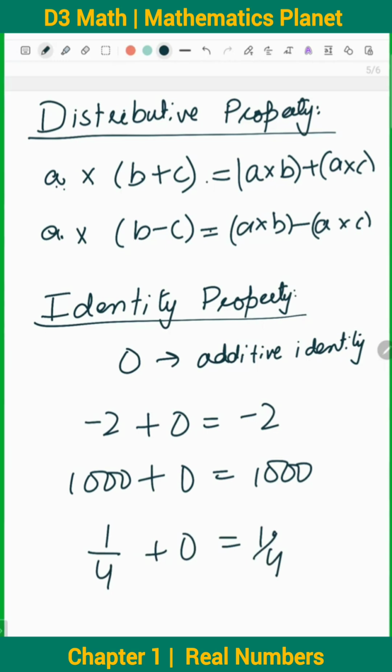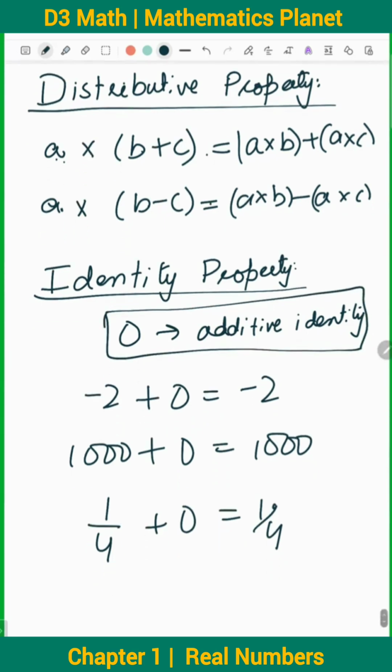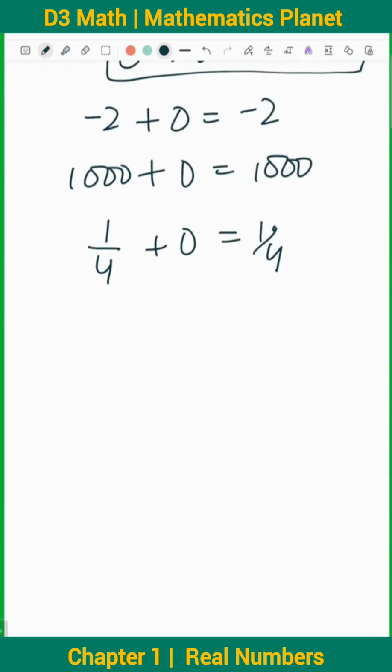तो बच्चों 0 एक ऐसी आइडेंटिटी है जो दुनिया के किसी भी नंबर में ऐड करने से वो नंबर चेंज नहीं होता। तो 0 इज कॉल्ड एडिटिव आइडेंटिटी। कभी पूछा जा सकता है आपसे कि व्हाट इज एडिटिव आइडेंटिटी, तो 0 इज कॉल्ड एडिटिव आइडेंटिटी। क्यों है एडिटिव आइडेंटिटी? क्योंकि इसको दुनिया के किसी भी नंबर में ऐड कर लो तो ये उस नंबर को चेंज नहीं होने देता। इसी तरह बच्चों 1 इज कॉल्ड मल्टीप्लिकेटिव आइडेंटिटी।